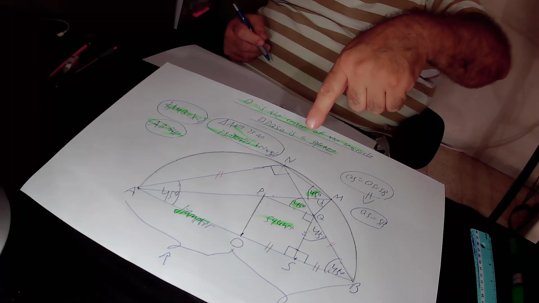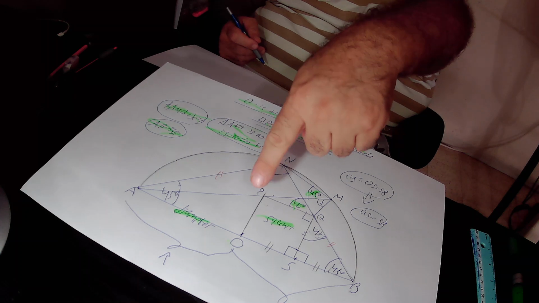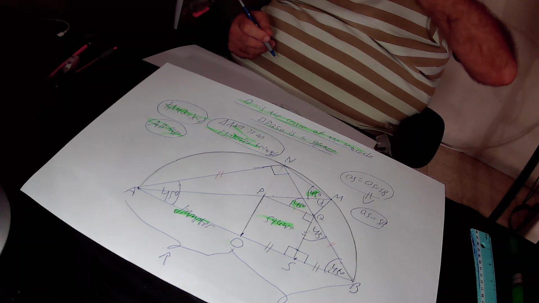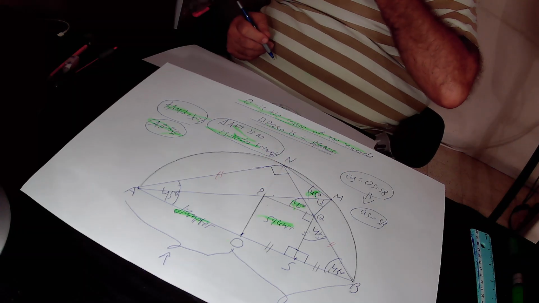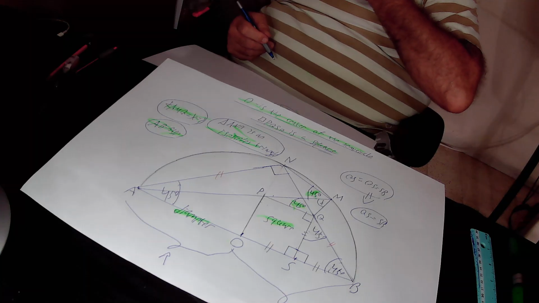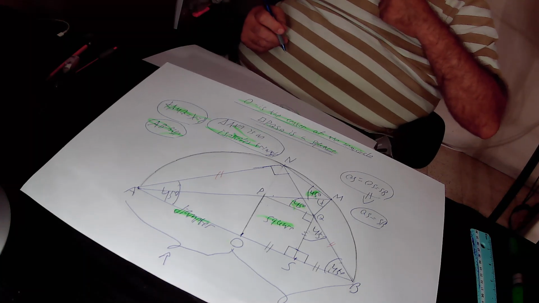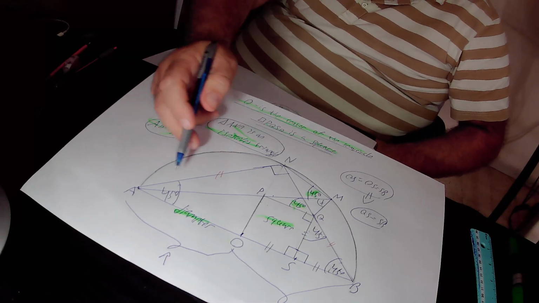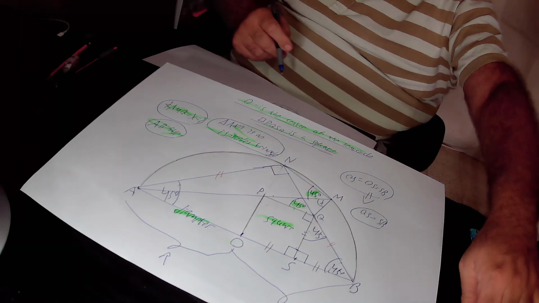So the perpendicular from point N, we touch the base AB at point O, because it bisects the base AB. And the midpoint of AB is at point O, that is the center of the semicircle. So the perpendicular from point N, we touch the diameter AB at point O. So first of all,